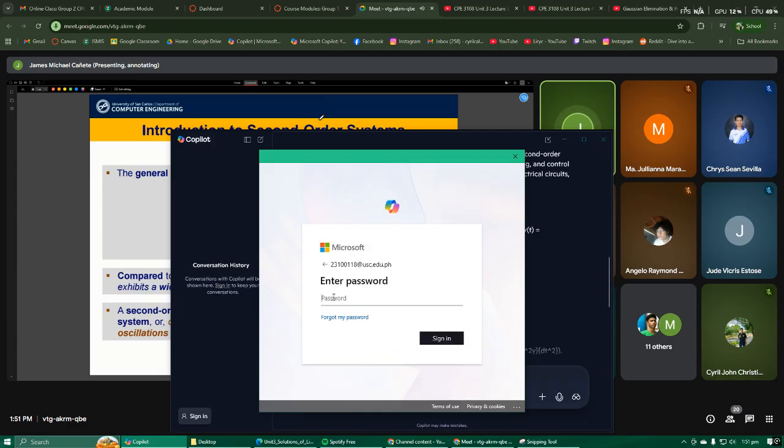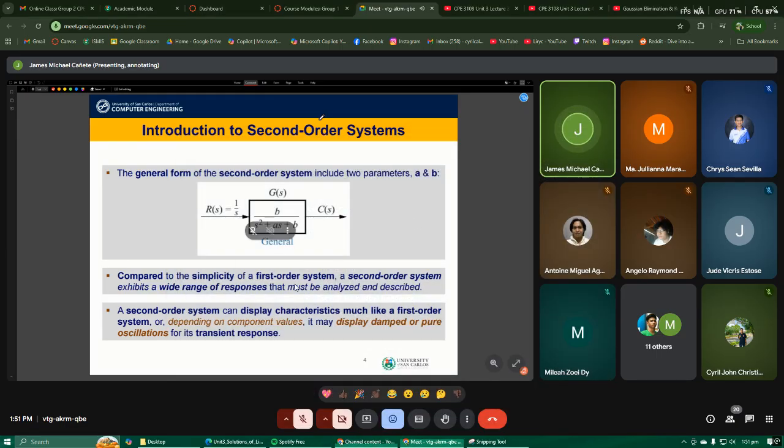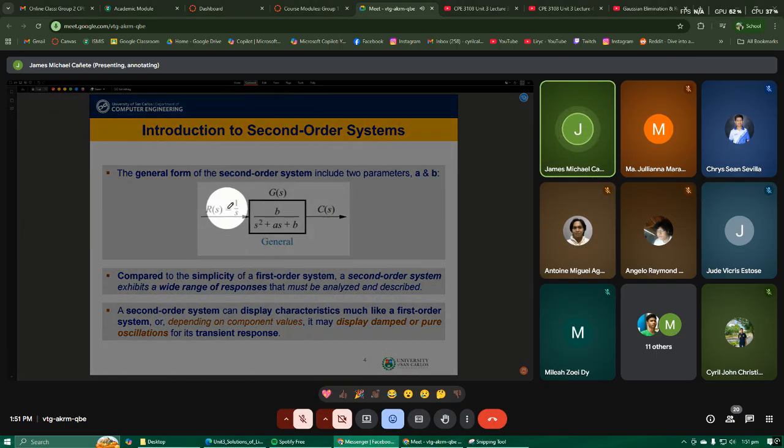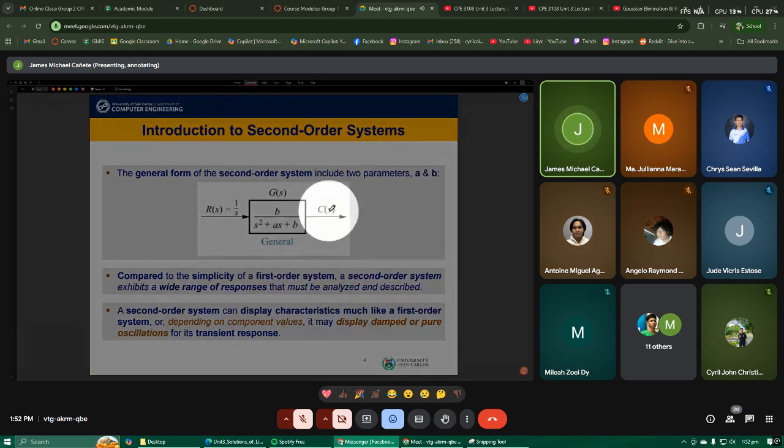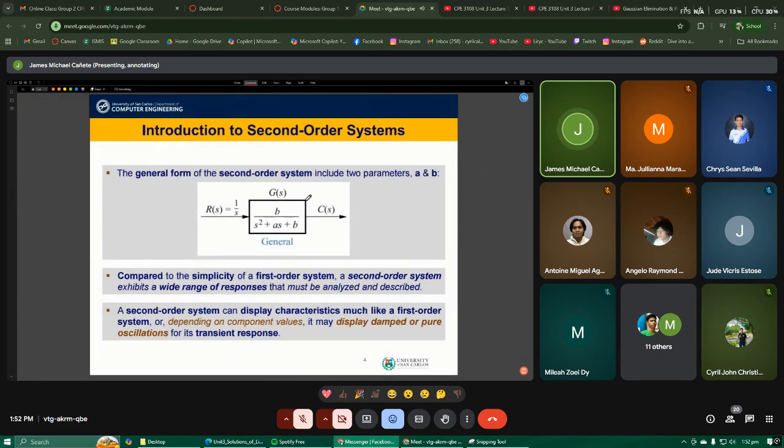So as an introduction, same as what we did in first order, we take a known input, the unit step. If we multiply it to our transfer function, we can solve for the output C of s. But in our analysis of a system, we still need to go back to the time domain. It sounds very quick, but we already know what getting the time response means. We need to perform the inverse Laplace transform. So hopefully you already figured out how to do this using partial fraction expansion and the tables.